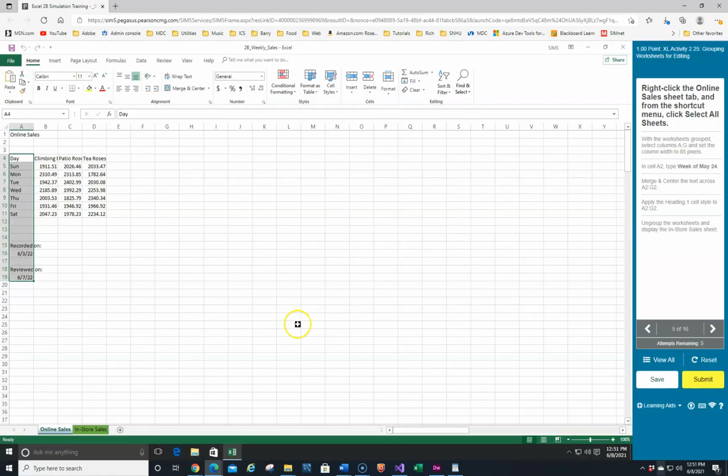So we're going to right-click the outline sales tab, and we're going to select all. That allows you to do multiple things in the sheets. So we can do whatever we do to one, we do to the other. So in the worksheet group, select columns A through G,